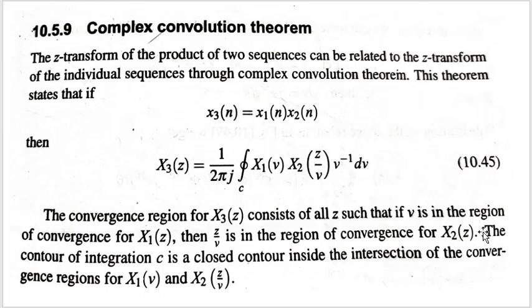Okay, then the contour of integration C, that is the circular integration, is the closed contour inside the intersection of the convergence regions of X1 of v and X2 of z by v. So whatever the region of convergence of X1 of v and X2 of z by v, their intersection is where the region of convergence of X3 of z will be. Okay,